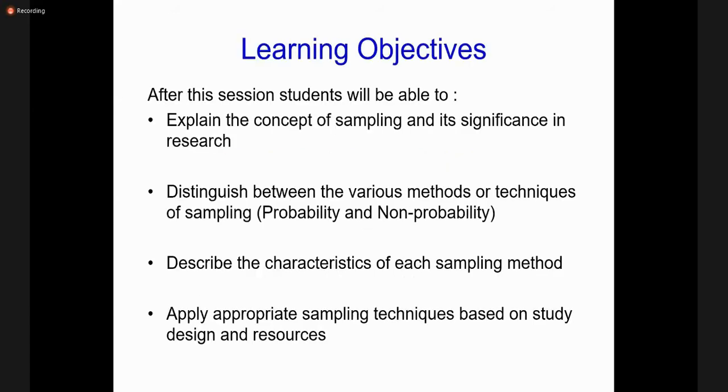These are the learning objectives. We will explain the concept of sampling and its significance. After this session, you must be able to describe why we do sampling, what's the importance of sampling. You must be able to distinguish between major classification of sampling techniques and then the types of sampling under each heading, like the probability sampling versus non-probability and various types of each. And then you must be able to discuss and apply, or select the appropriate sampling technique when you plan a simple proposal at undergraduate level.